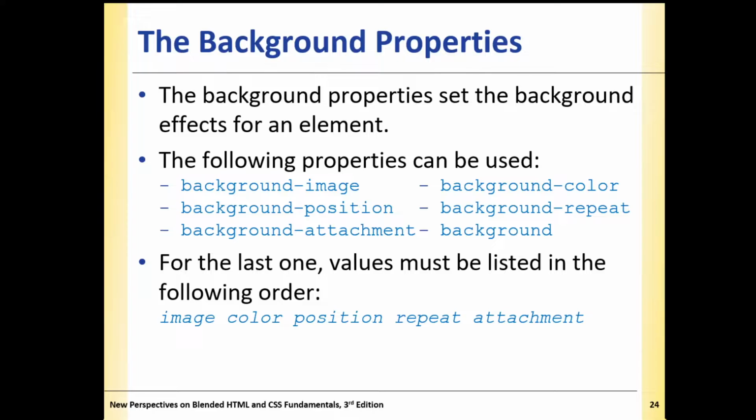We're going to look at background position, background attachment, background color, which we've already looked at before, and background repeat. And then we'll look at the shortcut for the background elements. You can specify in order: image, color, position, repeat, and attachment, just like you can with most of the other things we've looked at today. All these things that have to do with background, we can specify in one line with a shortcut code if we're using them all. Let's go over to our code,